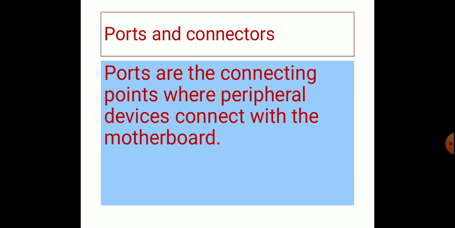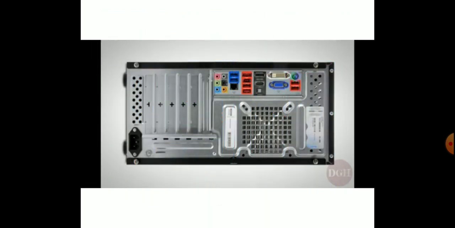Usually it is connected with a socket or plug, which we call connectors. Usually we will connect a keyboard, mouse, printer, speakers and monitor, everything to the computer through the ports with the help of the sockets or plugs, that is connectors. So this is a physical structure of ports.